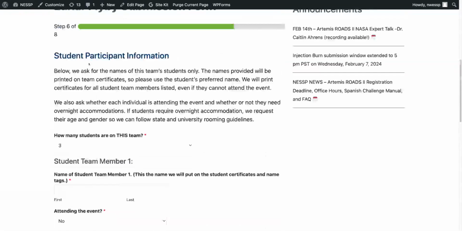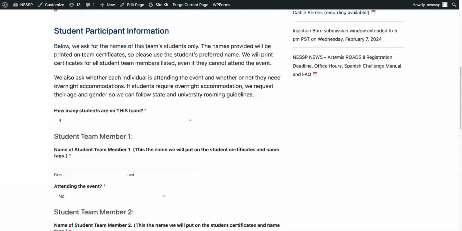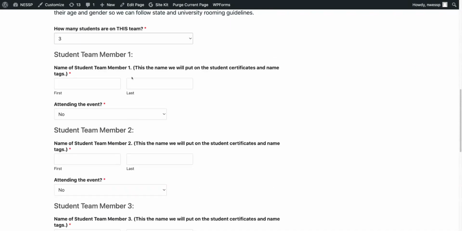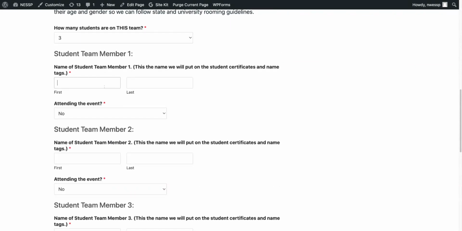Up next, we ask for student participant information. You'll be able to select the number of students on this team, and teams should have between 3 and 6 students. Okay, just to keep this short, I'll just leave it at 3. And then we ask you to go ahead and fill out the information